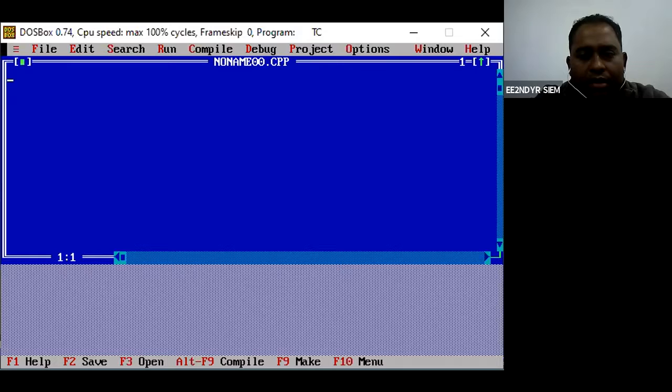Now suppose you want to write C++ programming. For C++ there is a header file known as iostream.h. Just the name has been changed, and as the name has been changed, the functions' names have also changed. If you want to take an input, there is cin, and if you want to display something on your screen, there is cout. So as it has changed from C to C++, the methods as well as the header name have changed.